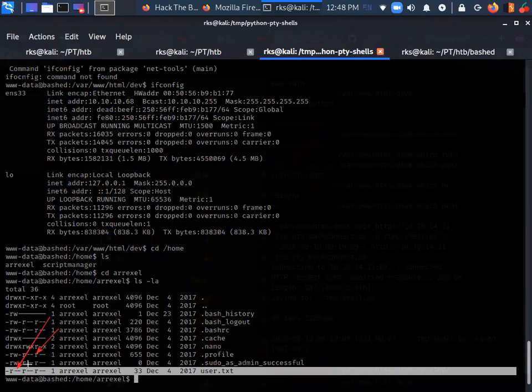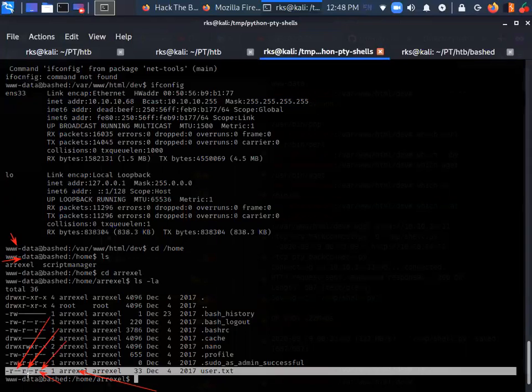In the last permission set here, you can see that I have read permissions. This is for other users. I'm not Edexcel. I am www data. Who am I? I am this www data.